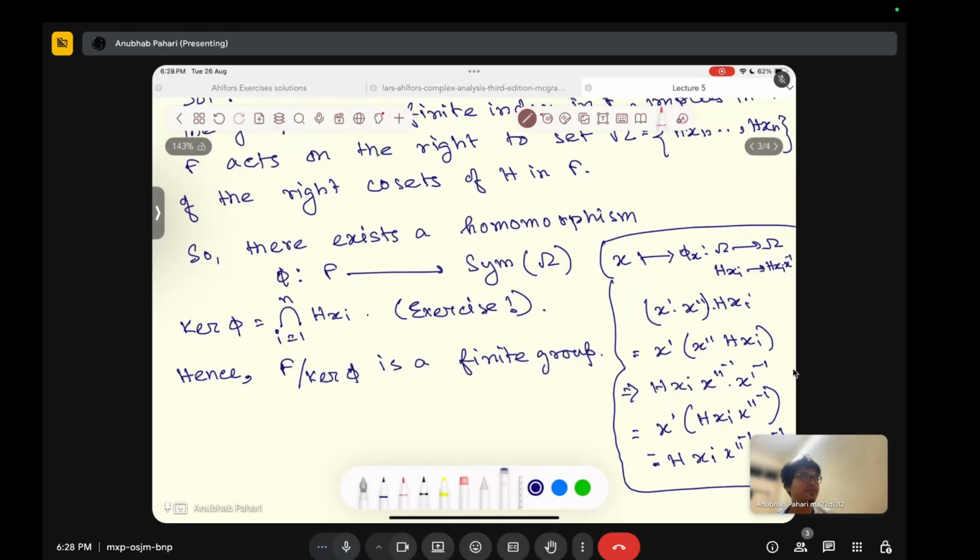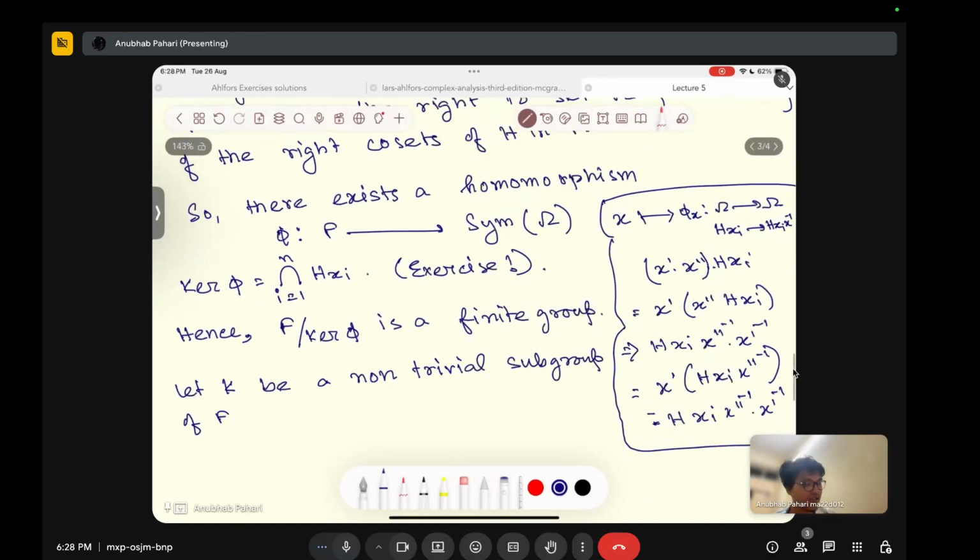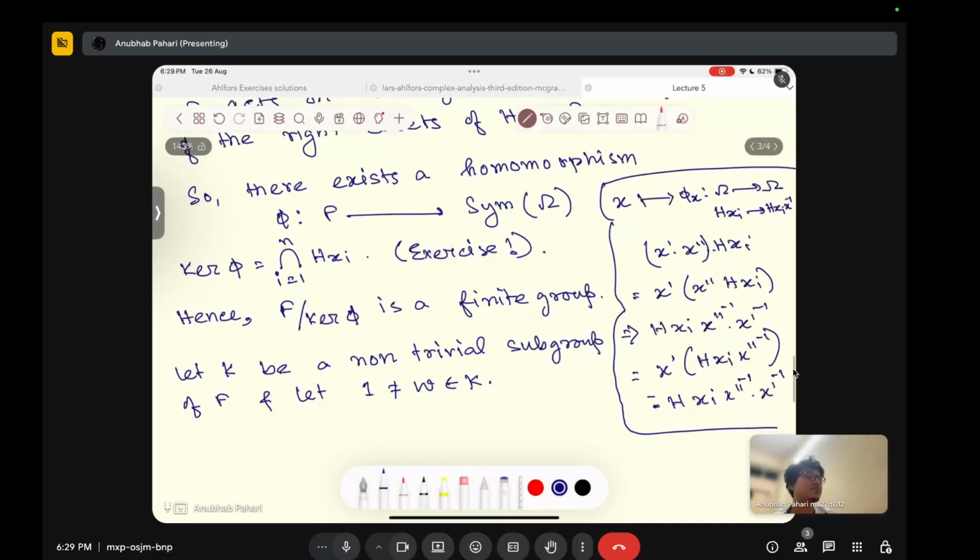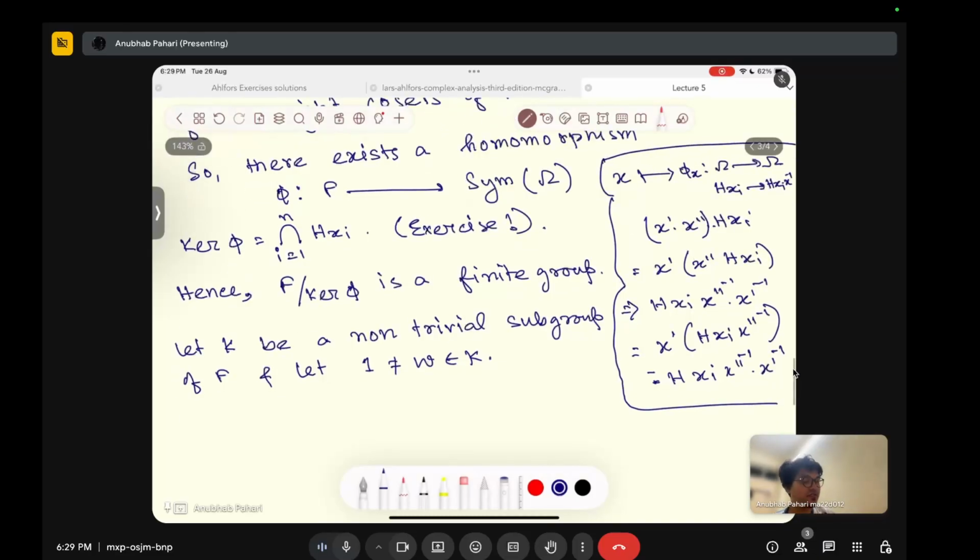Now, let K be a non-trivial subgroup of F, and we take a non-identity element W from K, right? Then you see that